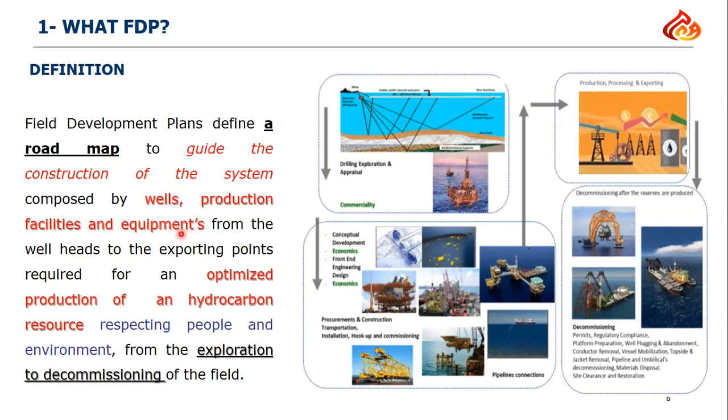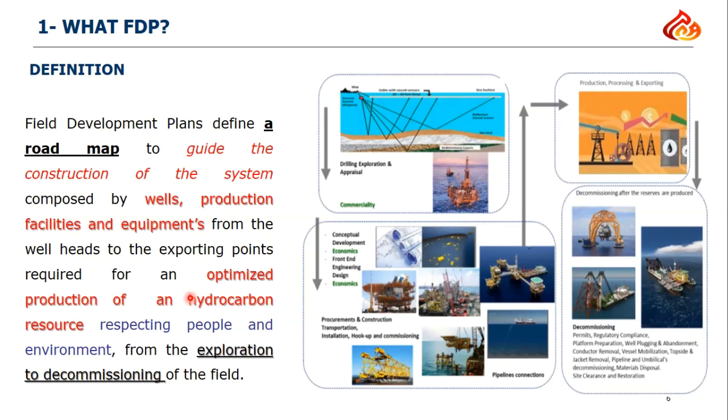A lot of options I have during the development of the field, but during this roadmap, I should optimize the production of my hydrocarbon and select the best one based on a certain criteria, as I said. So this field development planning should be after the exploration and before production. I should have a clear plan from multiple options, which option I should choose and why I have chosen